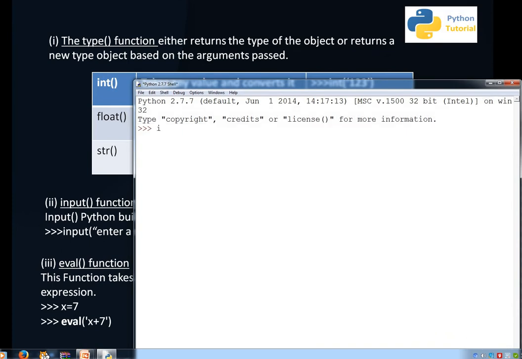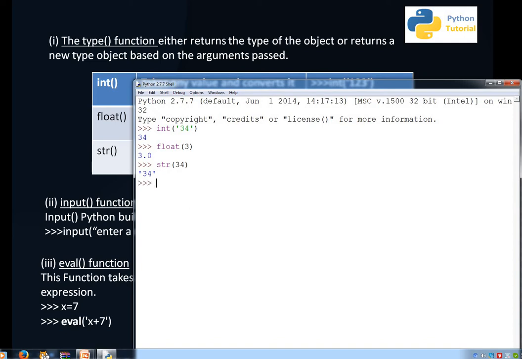Here we are going to write int, and in brackets we write 34 as a string, and it will give us the integer value of string 34, that is 34. Then float, in brackets as an argument mention 3 and it will return 3.0, meaning floating point of 3. Then str, any integer value will be converted to string.